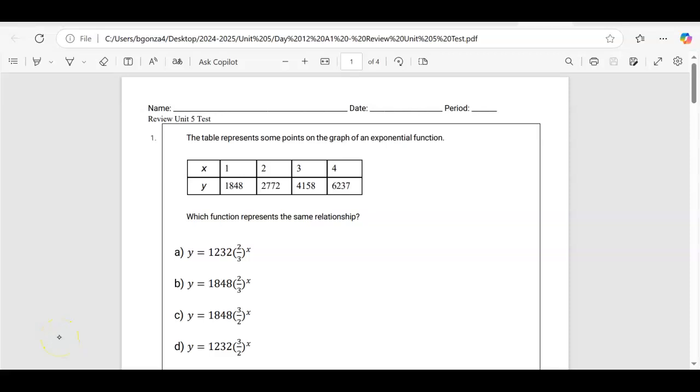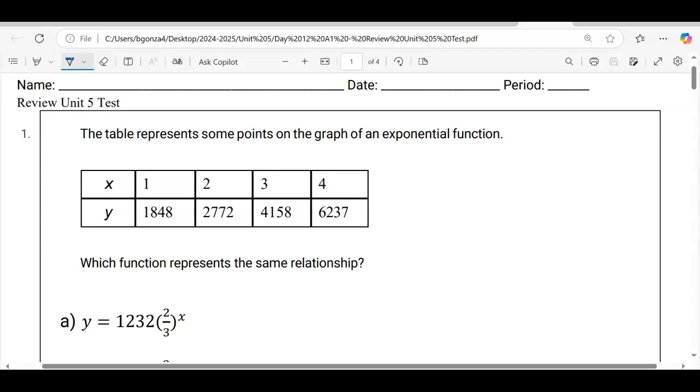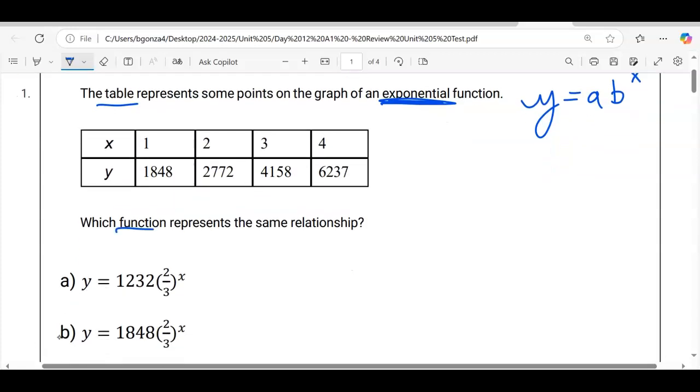Right, here we go. We're doing this review for the Unit 5 test coming up on Monday. So we're given a table representing some points in the graph of an exponential. Remember, exponential is a times b to the power of x. So when we're given a table like this and we want to find which function, we want to get an equation from a table